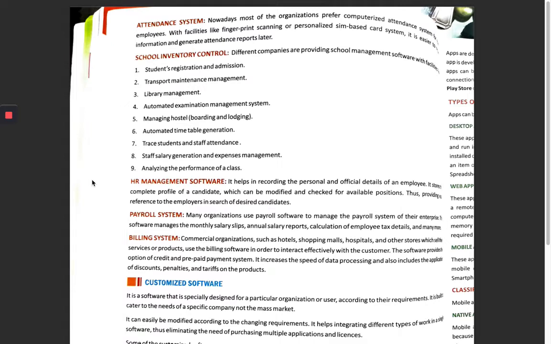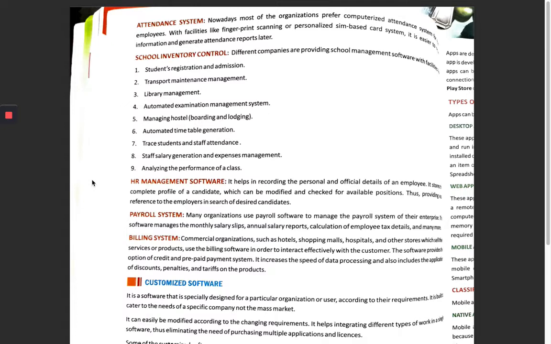Then we have HR management software. It helps in recording the personal and official details of an employee. It stores the complete profile of a candidate which can be modified and checked for available positions. So it is just a reference for employers in search of the desired candidate.